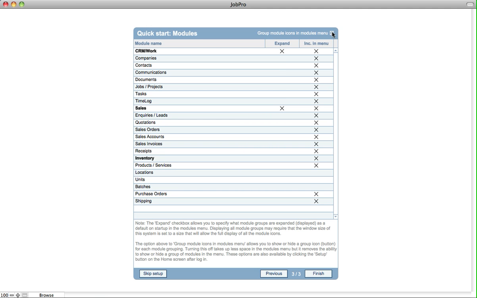The top option up here, this allows you to specify whether you actually want to group module icons at all in the system. Grouping modules into groups for their icons is beneficial if you've got a smaller monitor, and I'll show you now in a second when we log in what I mean. So if we click Finish,